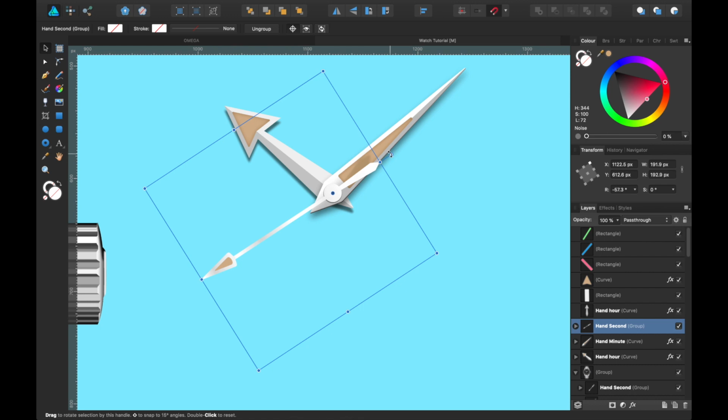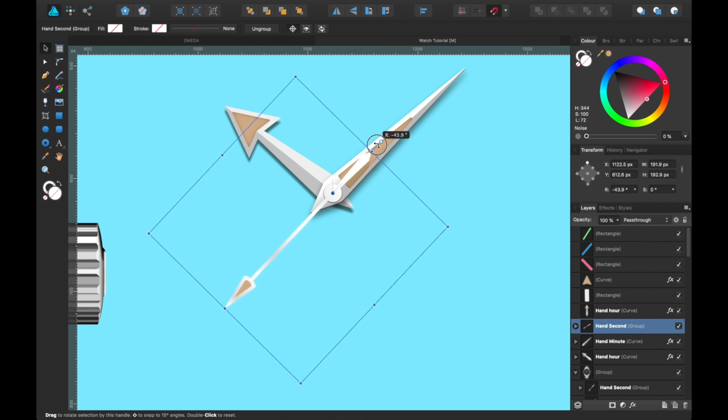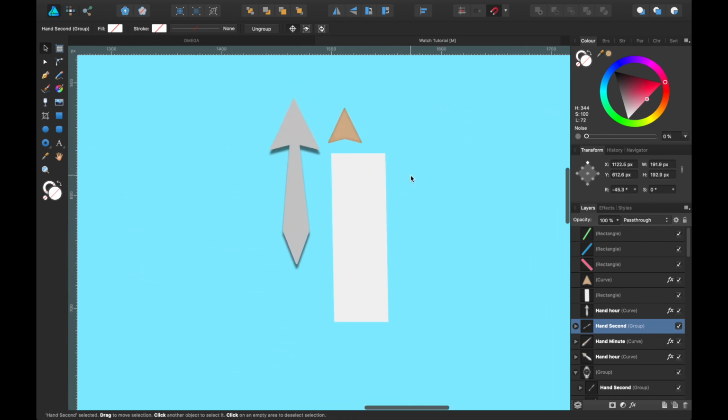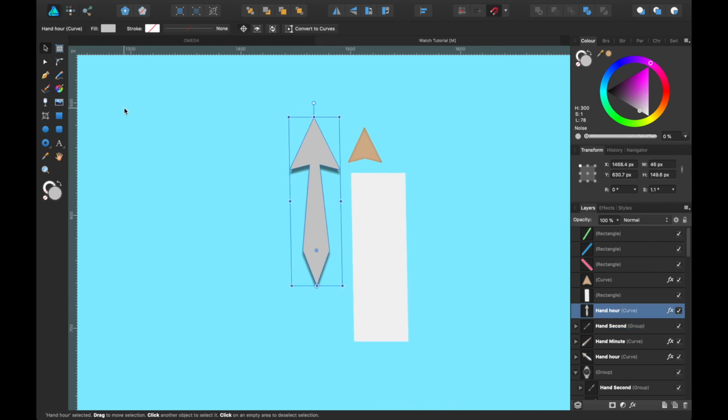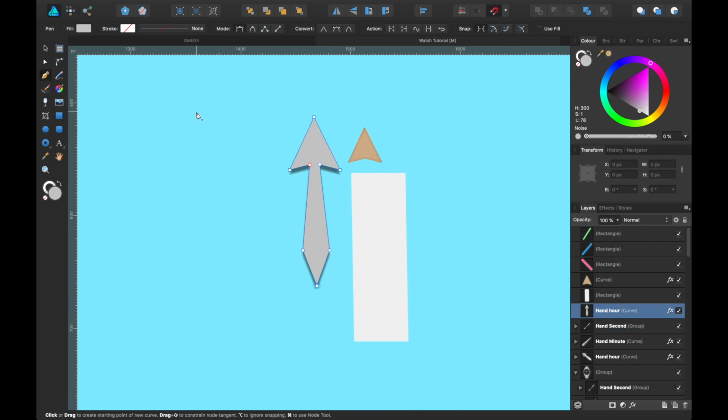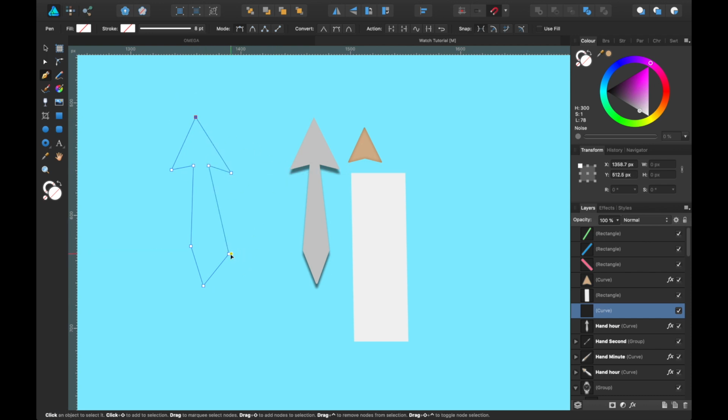How did I make this? Well, I'm going to break it down for you over here. So this is the hour hand. That is a shape I made purely through using the pen tool. I just went about and made a shape. Just going real quick. Bang, and I started making more detail to it as I went along.